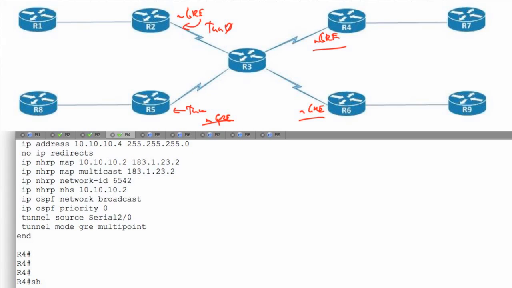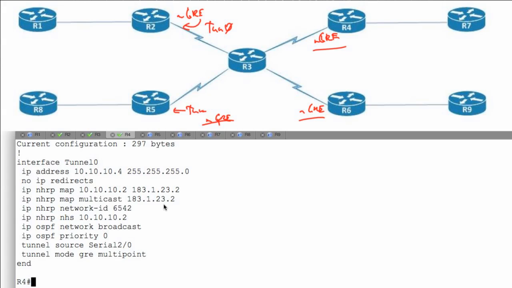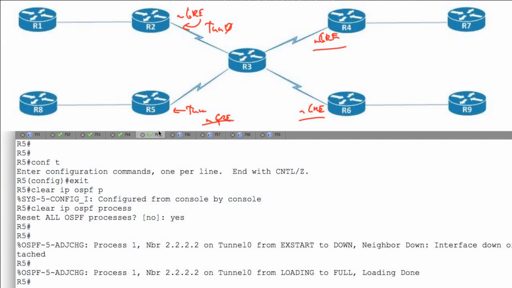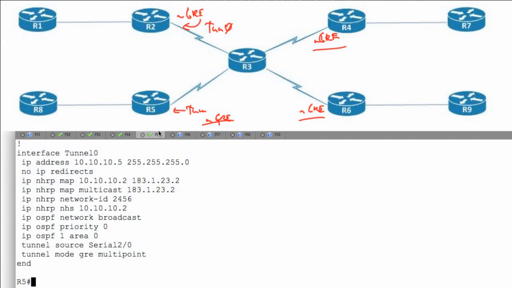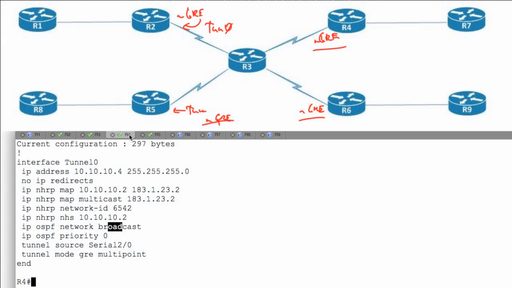May have to reload this time. Show run interface tunnel 0. So we got priority 0. Network broadcast 5. Show IP OSPF or show run interface tunnel 0. Priority 0. Network broadcast. Now the point here